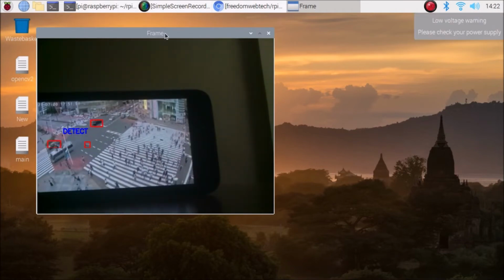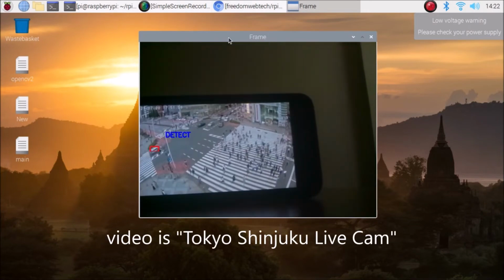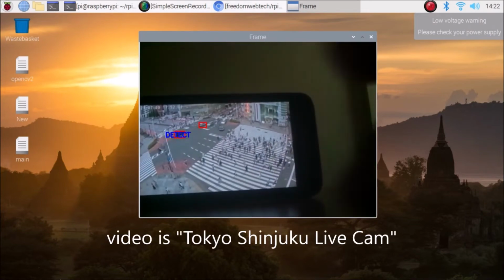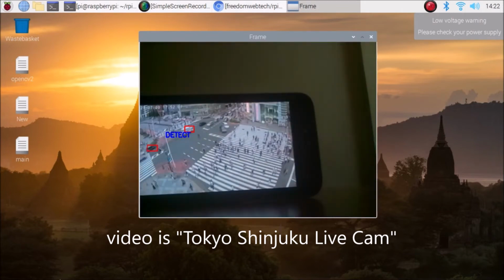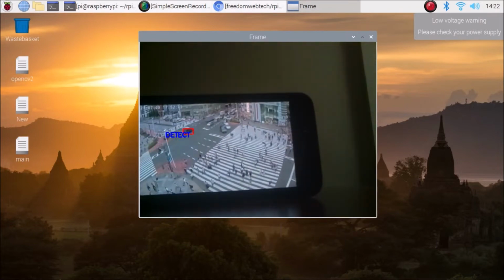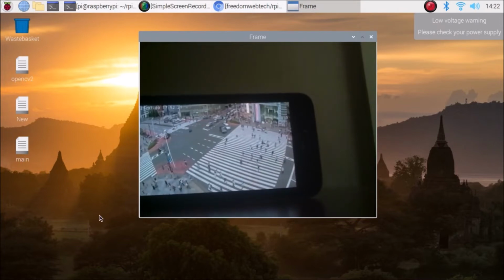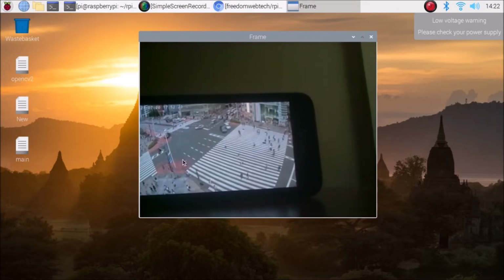So friends, as you can see here, this is our live frame. And if I move my hand, as you can see, this is my hand. So this is the complete live frame, and I have set my mobile camera in front of the Raspberry Pi 4 camera to detect the object from the live traffic. And as you can see, when it's detecting, it creates a red bounding box. Also it types the word detect, so you can change that as per your requirement.